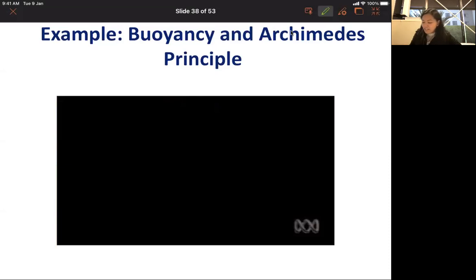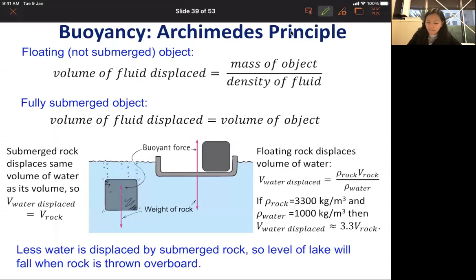And as he explained, the difference is that if you have an object that's floating, the object will displace a fluid that's the same as its weight. Whereas if you submerge the object, then the object will displace a fluid the same as its volume. So a floating object will displace a fluid equal to its weight, and a submerged object will displace a fluid equal to its volume. Right. So if you work that out,